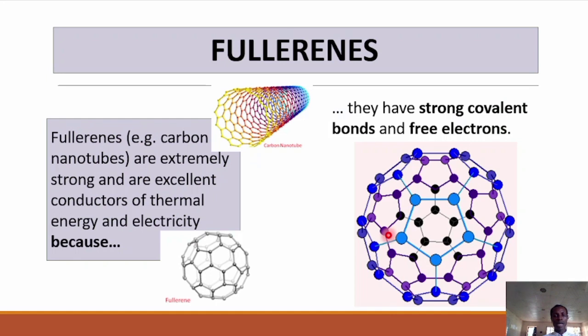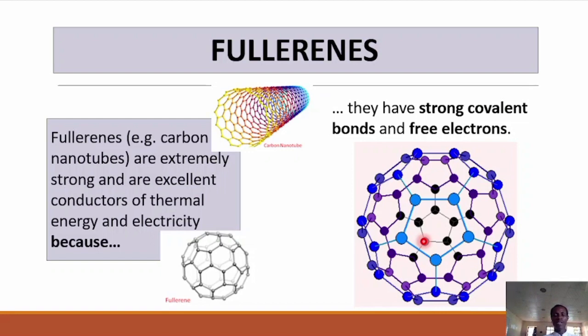Now we have another compound here, which is fullerenes. Fullerenes, e.g. carbon nanotube, are extremely strong and are excellent conductors of thermal energy and electricity, because they have strong covalent bonds and free electrons. If you look at this, this is a carbon atom, 1, 2, 3. Each carbon atom, just like in graphite, is bonded to 3 other carbon atoms in fullerenes. So that is why fullerene will be able to conduct electricity, because it has